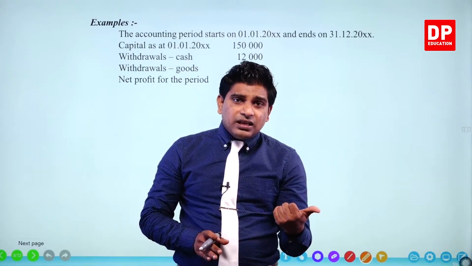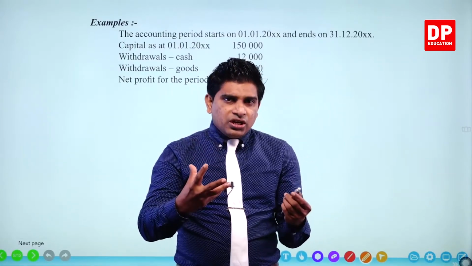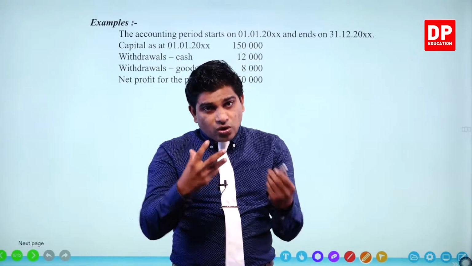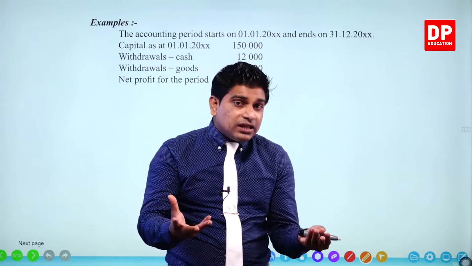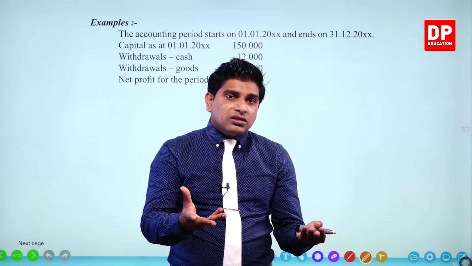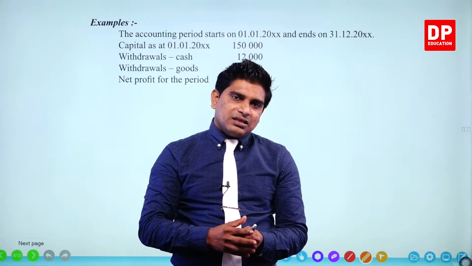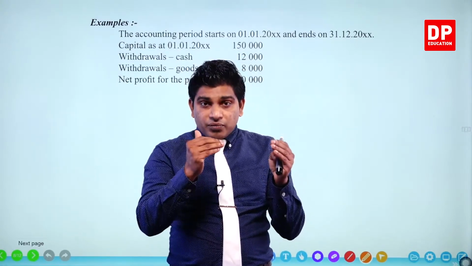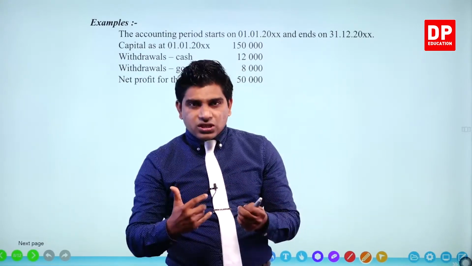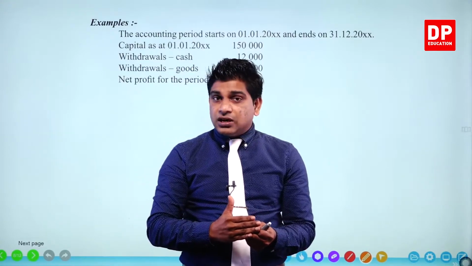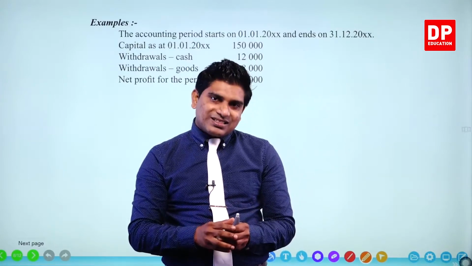The other way, when the business owner reinvests money, again and again he or she invests resources, not only money. Sometimes the owner can reinvest his own vehicle, his own building in the business. Any resource the owner puts into the business, equity increases. The other way, when the businessman withdraws money or any other resources from the business, generally we give a word for it, drawings. When the business owner does drawings, equity decreases.